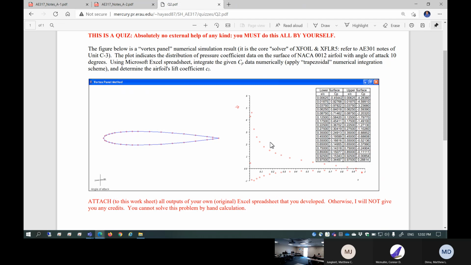This is how this software works, panel method. So panel method computes the pressure distribution over the surface of each panel, and then you're going to integrate numerically to determine lift coefficient. So I hope you did this, and I hope you understood how this panel method works. Okay. So this is an easy deal. It's just a numerical integration of surface pressure distribution to get lift coefficient. Of course, you should know,